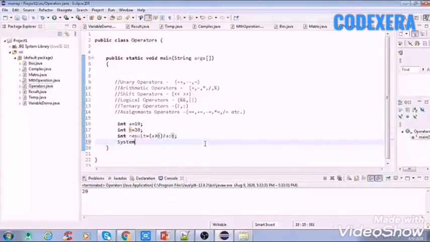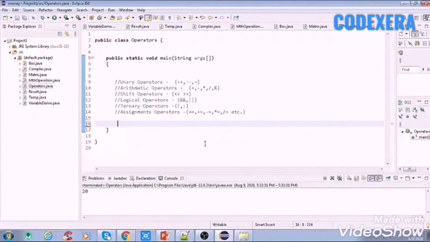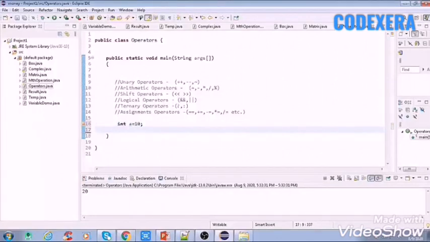Now we'll see one more operator, that is the assignment operator, which is a very popular operator used in Java every time. We know that the assignment operator is one of the most common operators used in Java. Now we'll take two variables, that is int A equal to 10 and int B equal to 20.